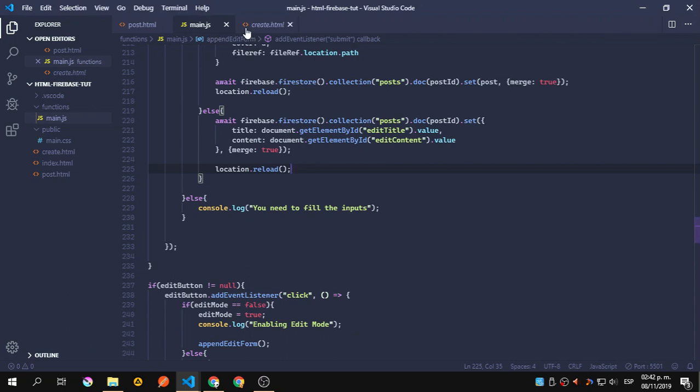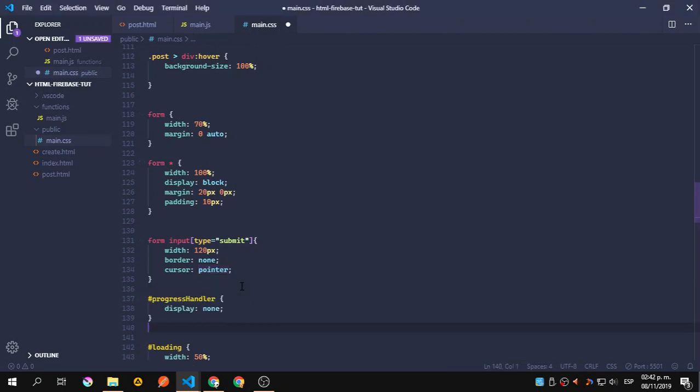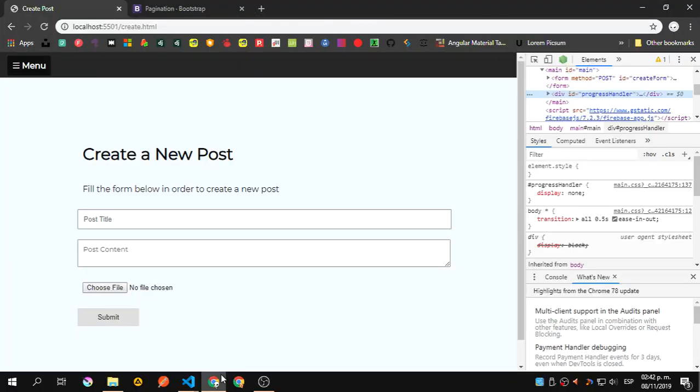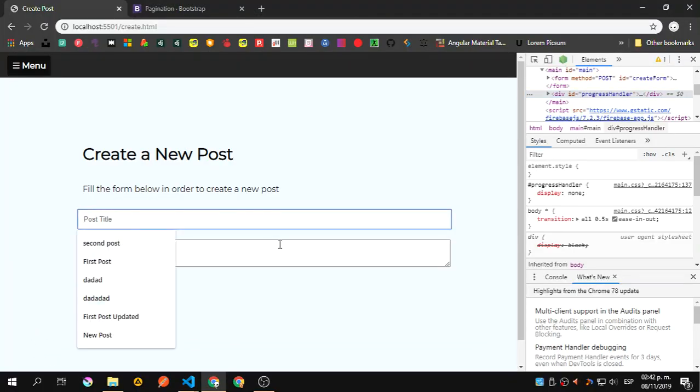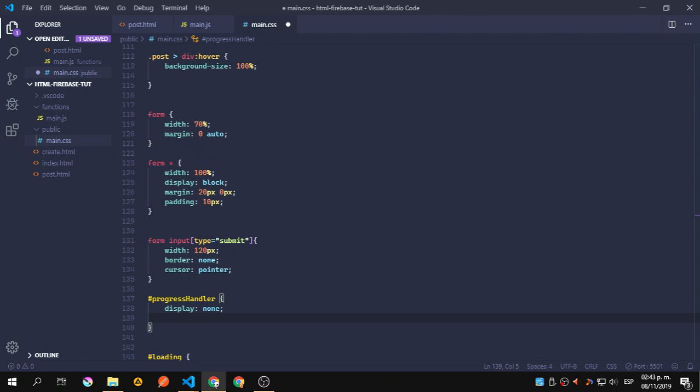So let me go to main CSS, and I forgot to do this, so let me just copy this and add it above. So it's just a progress handler ID, and we're going to set it to display none. So here you can add the rest of the styles for that. So let me just say new post, something like that, and some random things. Let me just select a new image. Okay,